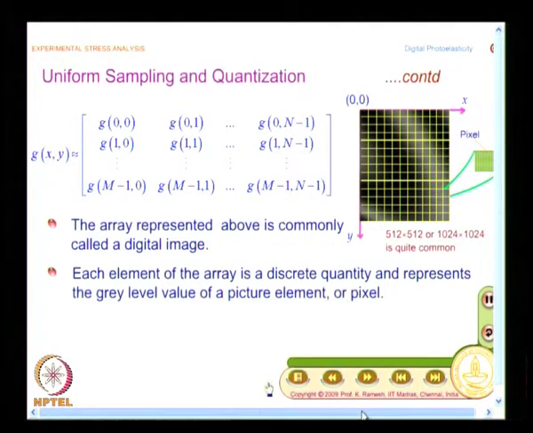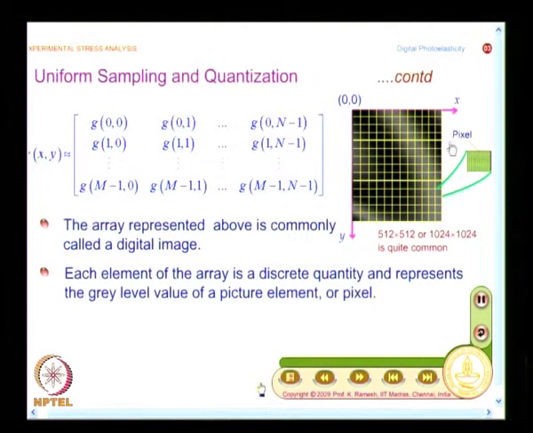What you will have to keep in mind is that what we call a pixel is a very small area. By appropriately using a lens, you would be in a position to even go to the stress concentration zone and, when you have very high fringe density, have a decent resolution at the camera plane. So, I can have an optical magnification and then enhance the features in the stress concentration zone. That is how people solve it when they have a very high fringe density: they optically magnify that zone, then take it up in the digital image and appropriately process it.